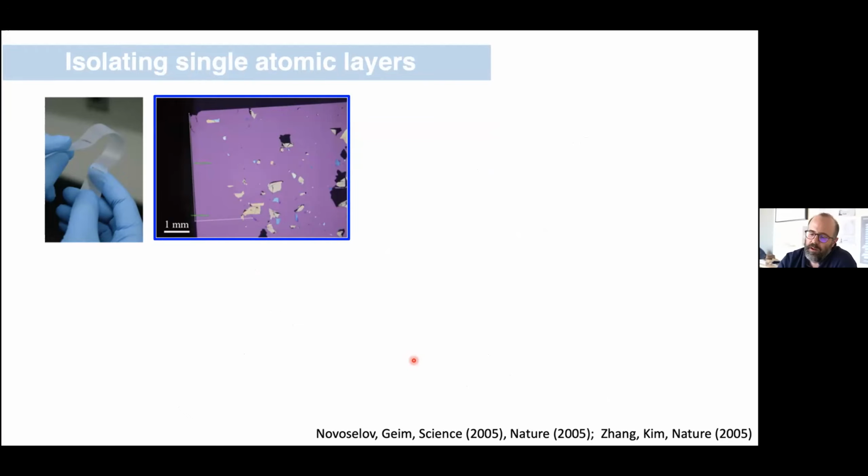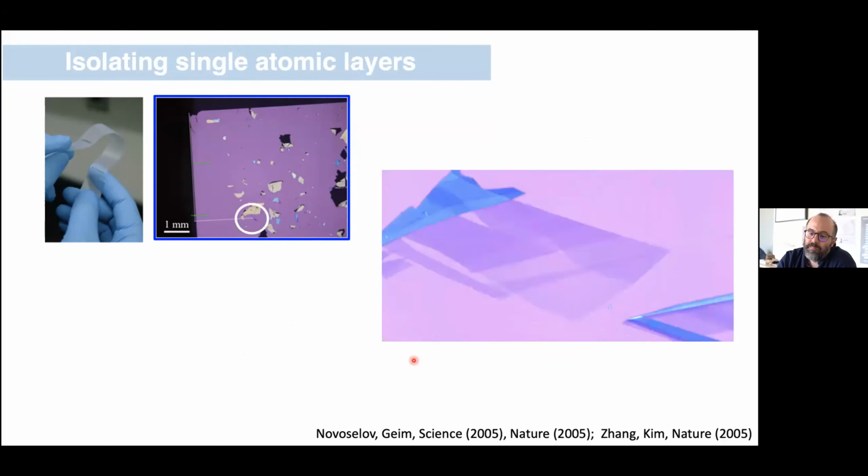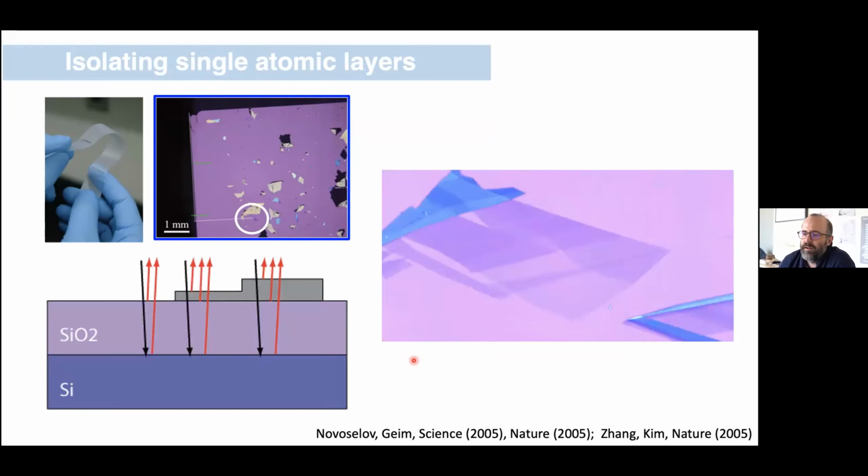And when we pull the tape away, magically, if we use the right tape, we're left with graphene on that surface. So the real breakthrough of Novoselov and Geim and the first publication was to note, first, that this technique works, and second, that it's very easy to find the graphene. And we do that through this optical interference technique.